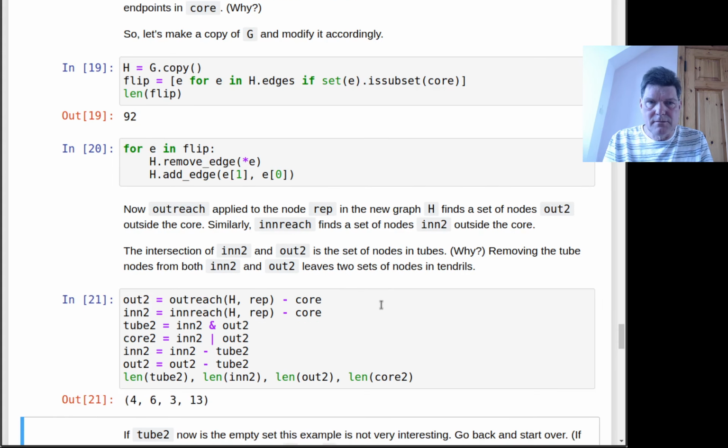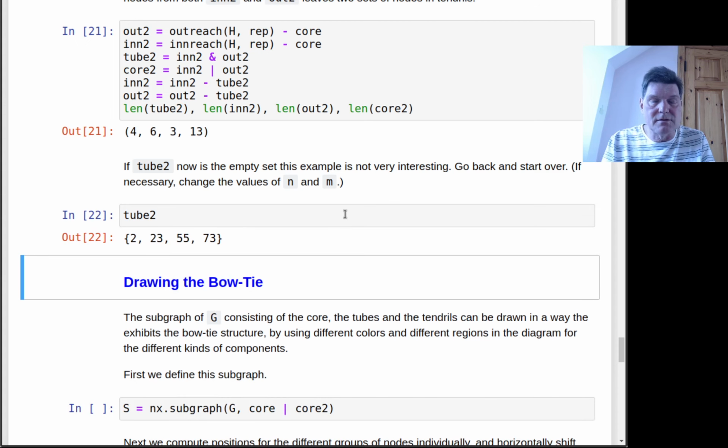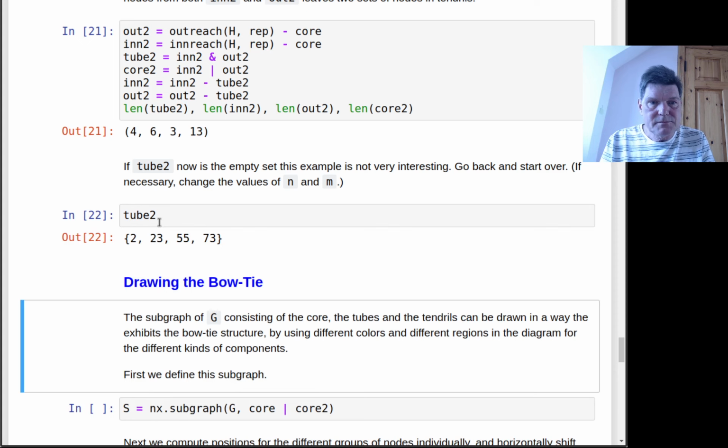So here we get, in fact, non-empty sets, 4 in tube 2, 6 in in 2, and 3 in out 2. Now here it says if tube 2 ends up being empty, then the example was not interesting from the start, so go back and start over. But this is apparently interesting enough. So we have 4 vertices in the tube 2 set, and now we can set about drawing this particular graph in a bow tie fashion,